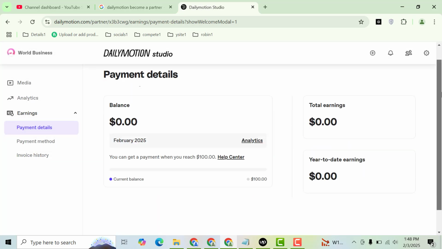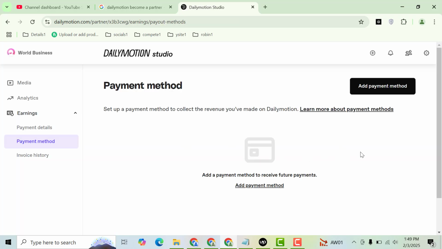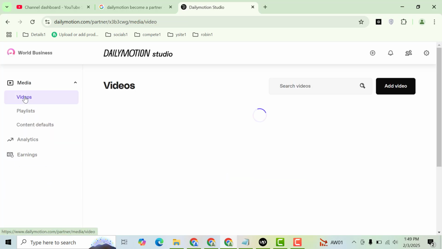So guys, here you can see, as we see on YouTube there are many requirements for YouTube channel monetization. You need to complete 4,000 watch hours and 1,000 subscribers, but on Dailymotion you don't need anything. You can get all of the details from the start. Here you can see you can also add payment methods to accept payment directly in your bank account. Dailymotion has millions and billions of viewers in the world, so you can create engaging content and you can earn a lot of money by sitting in